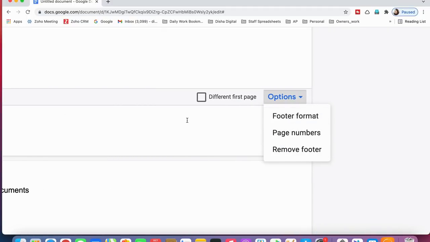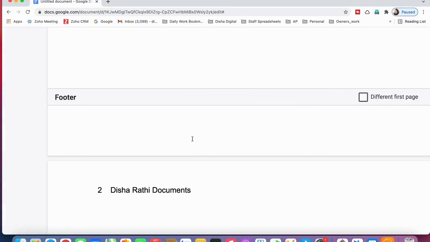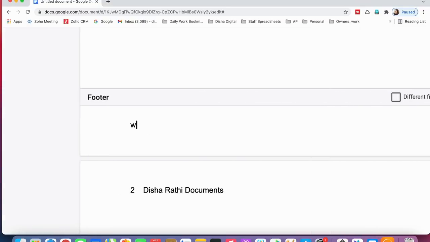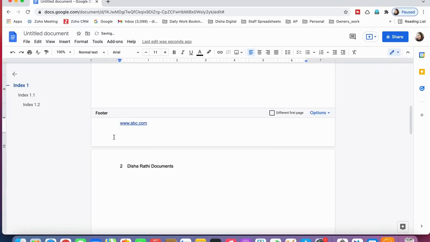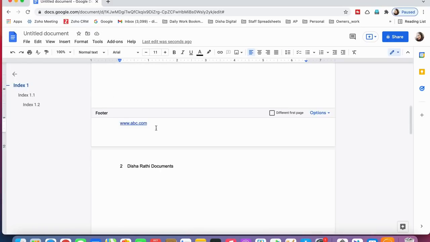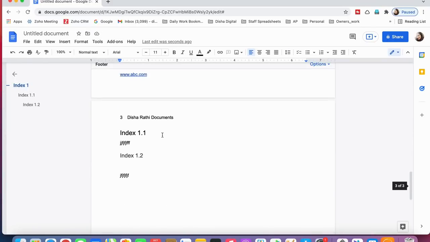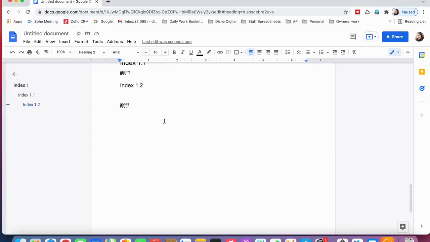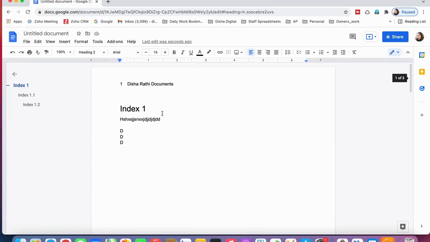If you want to add something here, you can add www.abc.com. This is my footer format, and if I create a link, then that link will be here. You can see that in all footers the link has come. So this is a perfect way to add headers and footers like this.